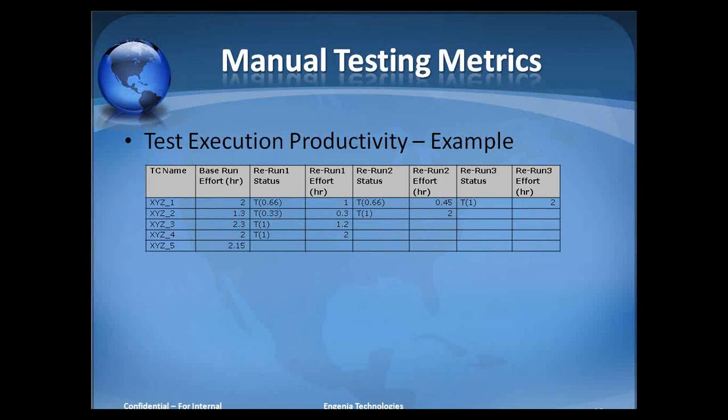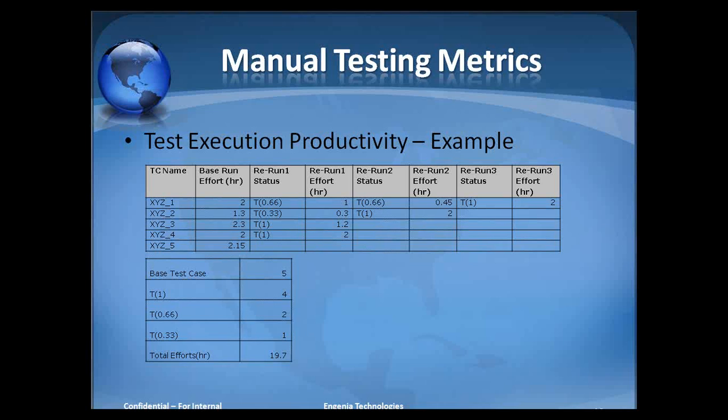For every status, we would have the effort in hours. For example, for the first run, test case 1 took 1 hour, test case 2 took just 30 minutes, 0.3 hours, 3 took around 1.2 hours, and 4 took around 2 hours. So this has all the calculation done for 3 test runs.